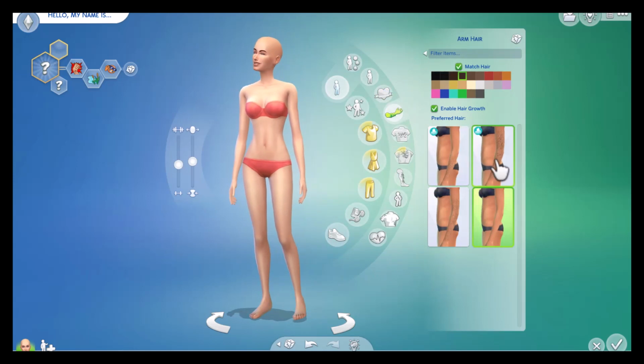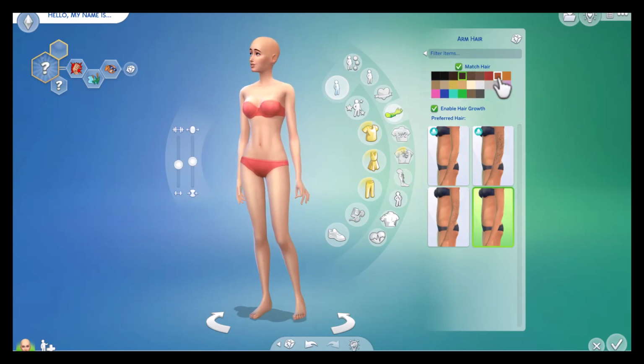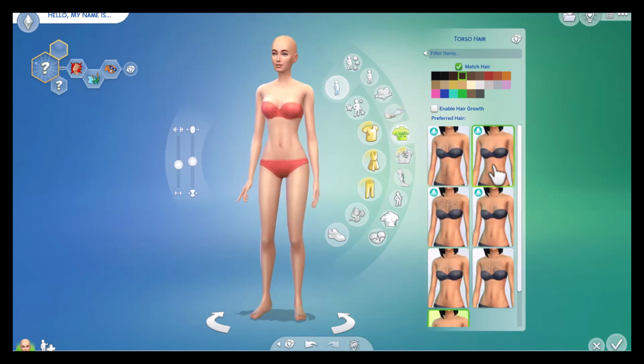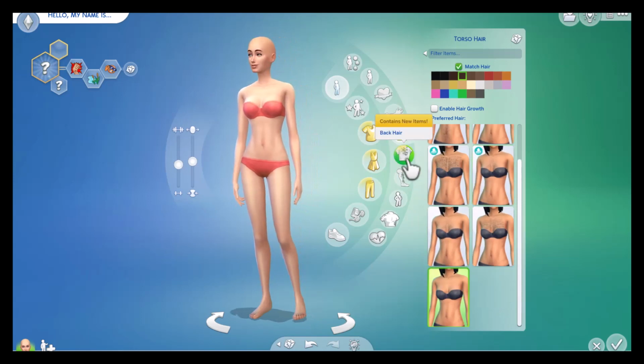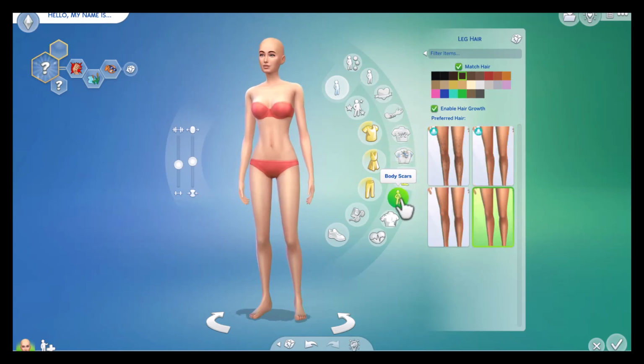You also have the options of arm hair with different lengths. And if you enable hair growth right here, it'll grow longer as your sim plays. You can do different hairs again, style, colors. Here's different ones for the chest, the torso, back hair. You can make some really hairy sims, leg hair,